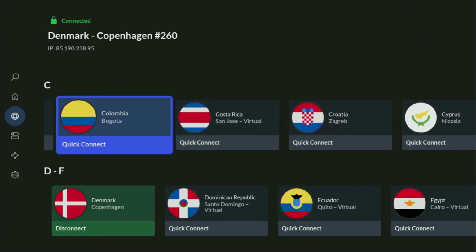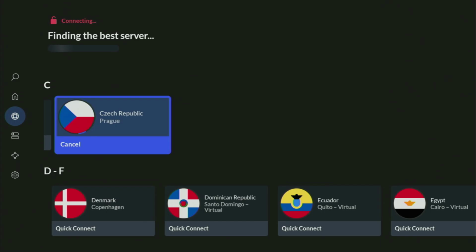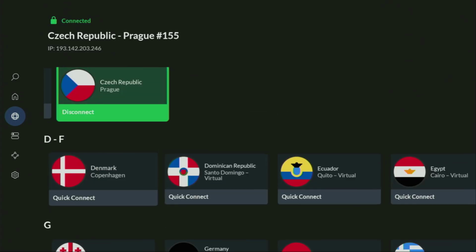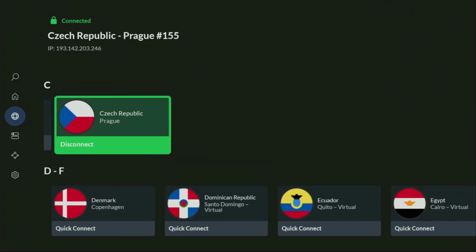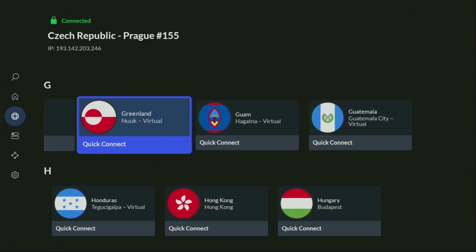In the VPN app, you just connect to any server. Let's say I will connect to Czech Republic right now, and from the moment you connect, all your traffic is going to be totally encrypted. It means nobody can track you or snoop on you online,